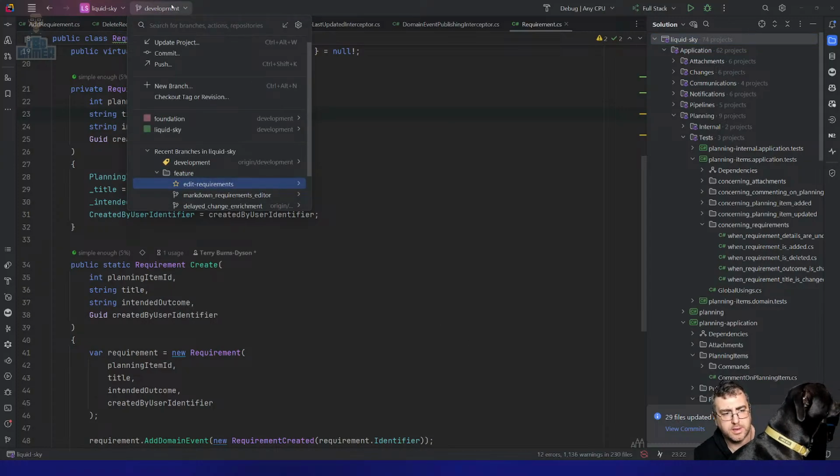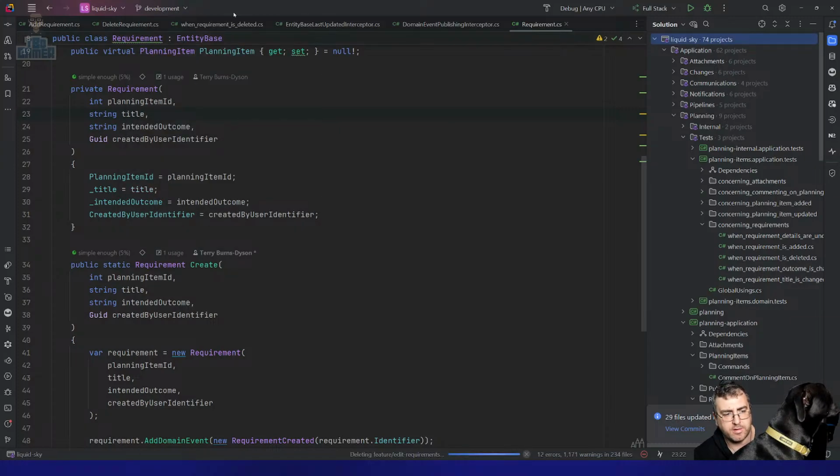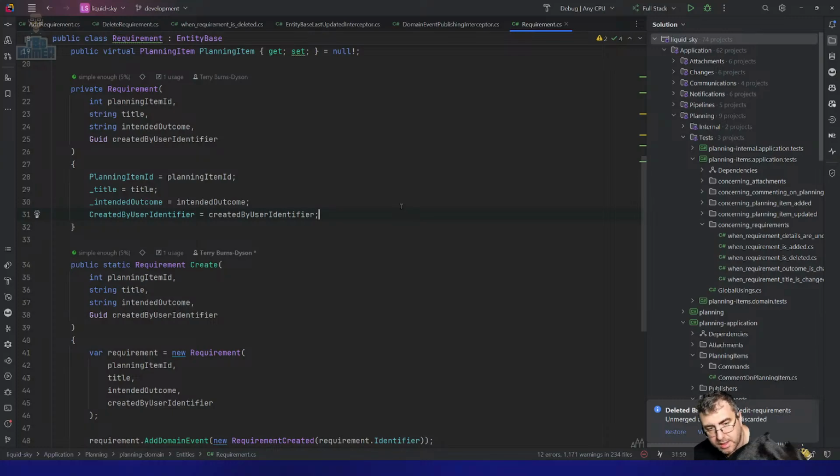And we can delete the edit requirements branch so we don't have that left hanging over our heads. Now we can hit